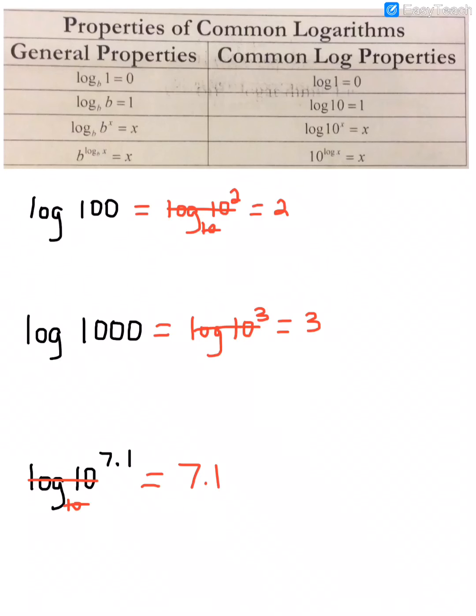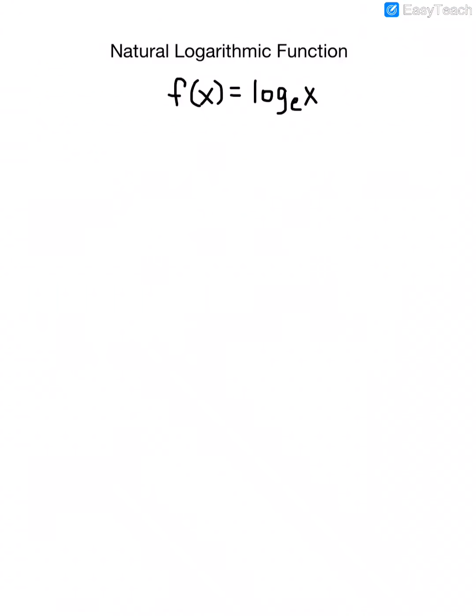I told you that we have a couple of buttons on our calculator that represent logs with a certain base. We just talked about common logarithms that have log base 10, and that's written as just log with no base. The other logarithm that's on our calculators is the natural logarithm. The natural logarithmic function is f of x equals log base e of x. We can't just write this as log of x, because if we don't see the base, it's understood to be base 10. So the way that the natural logarithm is written is f of x equals ln